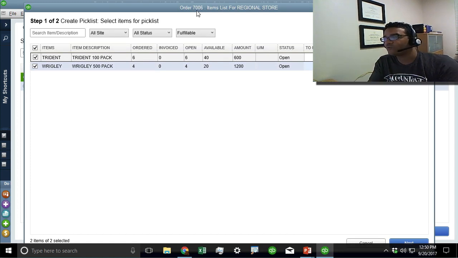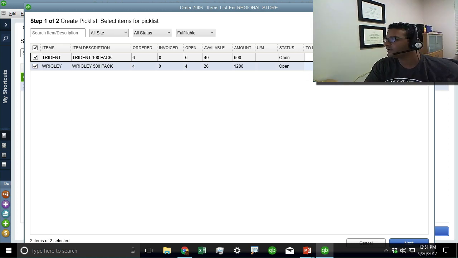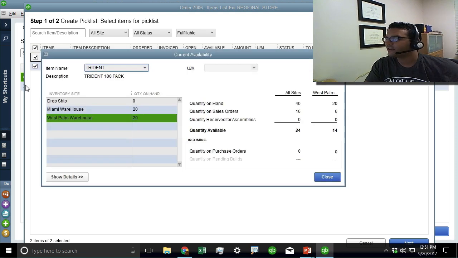It's going to say, okay, this is what this sales order looks like. You got these two products in that sales order. This is how many are open. This is how many are available. This is a regular open sales order type of fulfillment sheet. And from here, you can actually modify the warehouse that you want them to pick from. Now, this information comes straight from the sales order. Hopefully, the sales order is being done correctly, and you don't have to make a change in here. But if you need to, for whatever reason, change the bin location or the warehouse location, you can do it from here. Now, if you click on this little button here, which is the availability button, you can actually preview